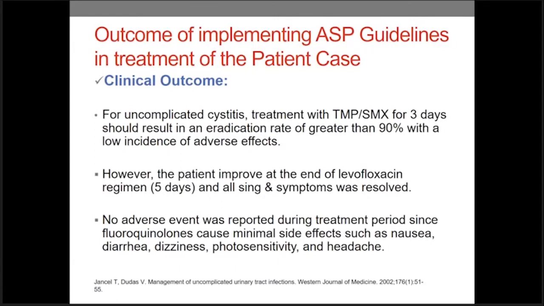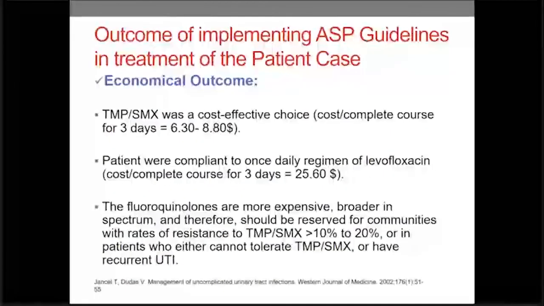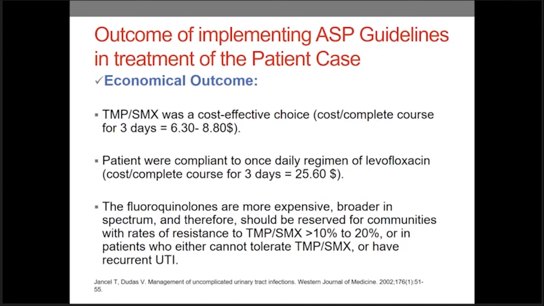For the economic outcome, treatment with Bactrim is considered a cost-effective choice. If we see the estimation here, it might cost from $6 to $8, maybe around 30 Saudi riyals. Here is another estimation: if the regimen is levofloxacin, it's around $25, which is 100 riyals. As we can see, levofloxacin is an expensive drug of its class, and it's broad spectrum, and therefore it should be reserved for communities where the rate of resistance is high, especially to Bactrim, or if the patient cannot tolerate it for any reason, or if the patient has a recurrent